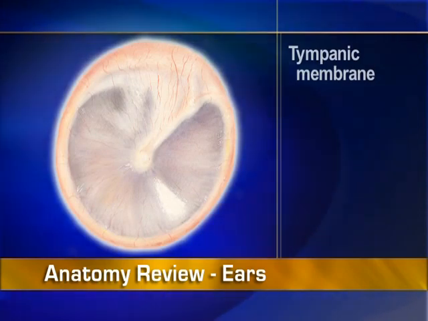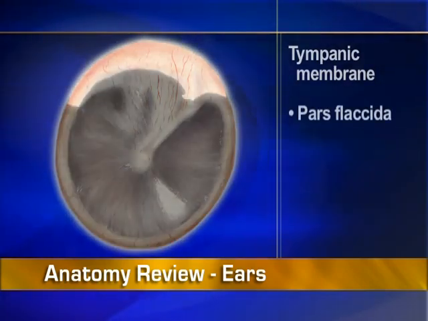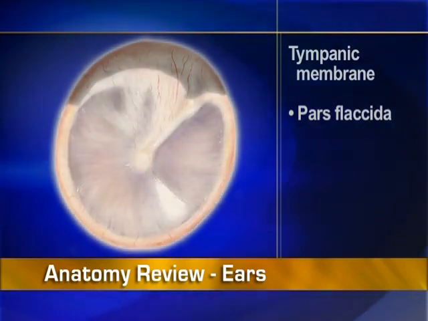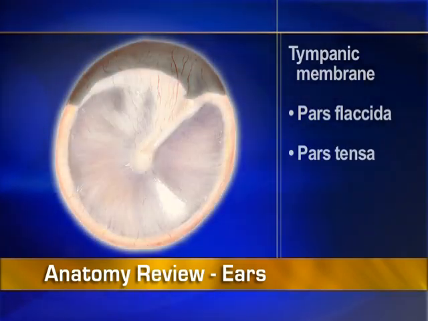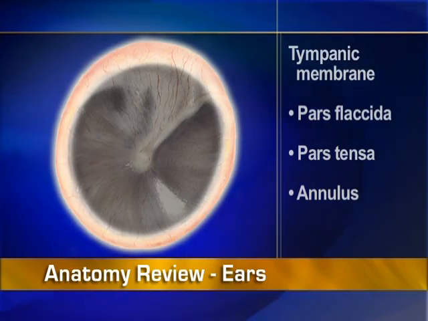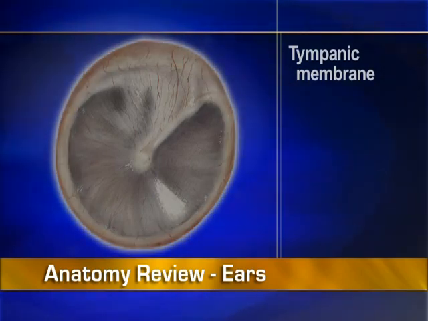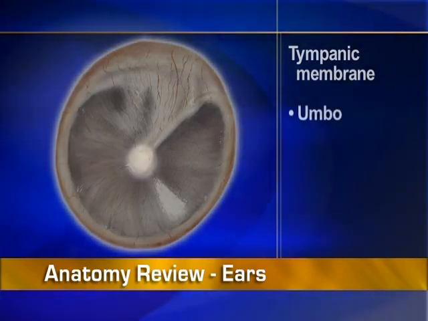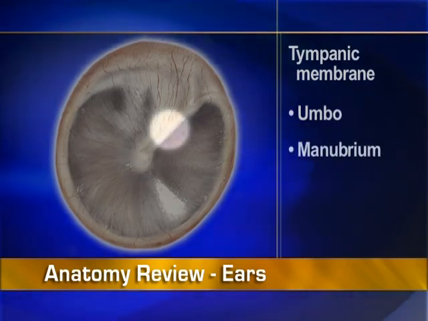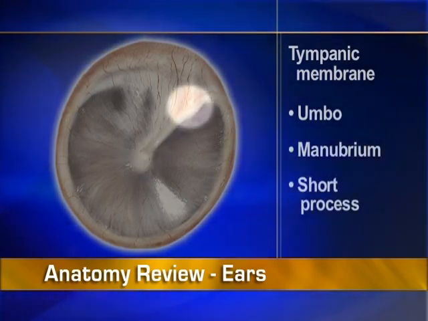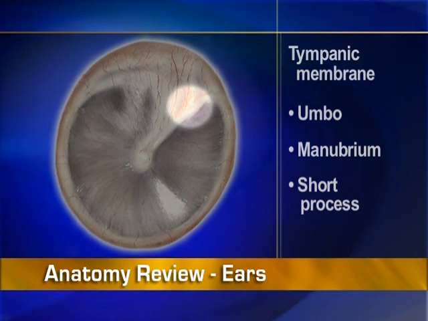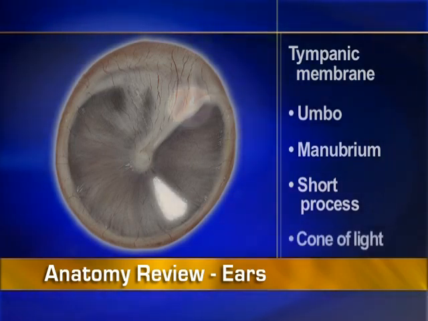The translucent pearly gray tympanic membrane consists of the pars flaccida and pars tensa, and the annulus, or fibrous outer ring. 3 parts of the malleus, the umbo, manubrium, and short process, show through the tympanic membrane, and a prominent cone of light is reflected in the antero-inferior